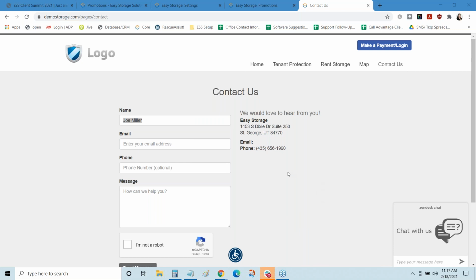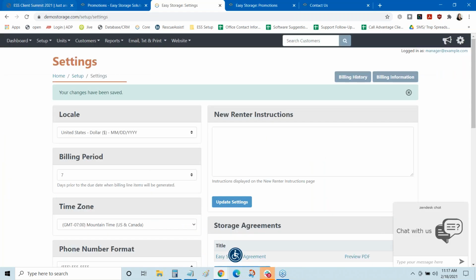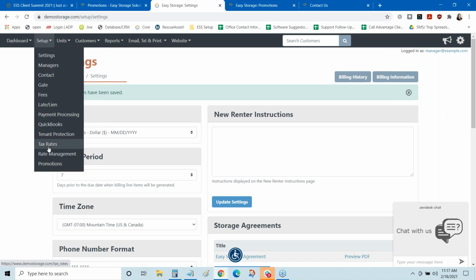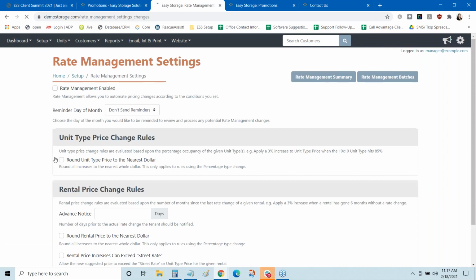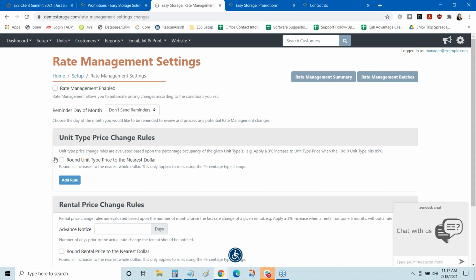Somebody put in here that they want us to go over the difference between the mass edit rental price tool and the rate management tool. Oh, okay. So rate management and mass edit rental prices are connected. The rate management allows the facility to set specific rules that will send a reminder or a report to the facility owner, and it will suggest a rate increase, either on empty units